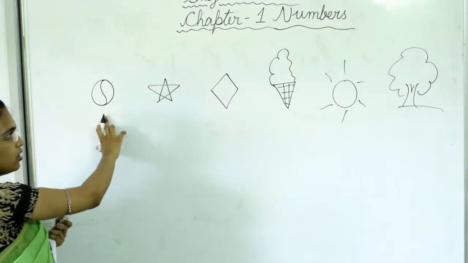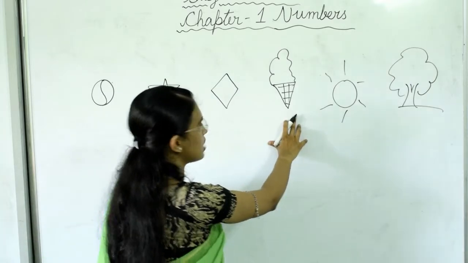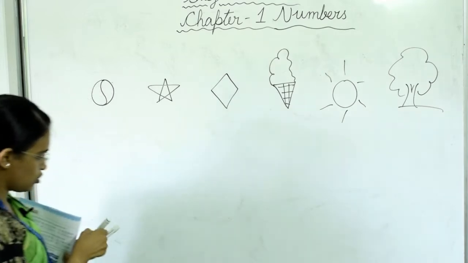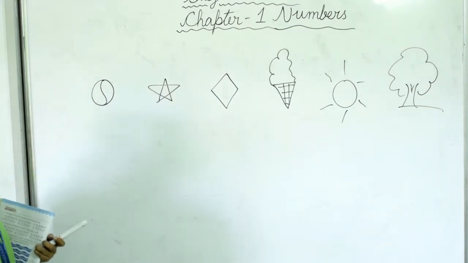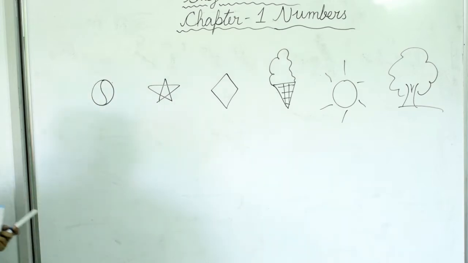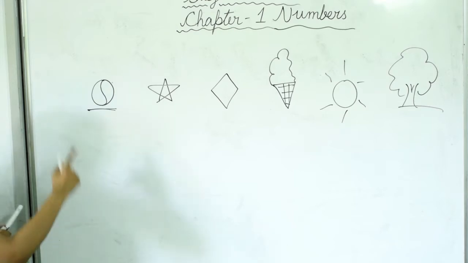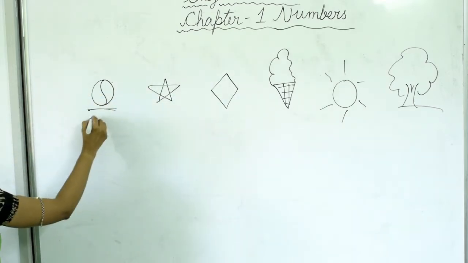This is a ball, this is a star, this is a diamond, this is an ice cream, this one is a sun, and this one is a tree. Which picture have I drawn first? Ball. So what is the position of the ball among all these pictures? This is first